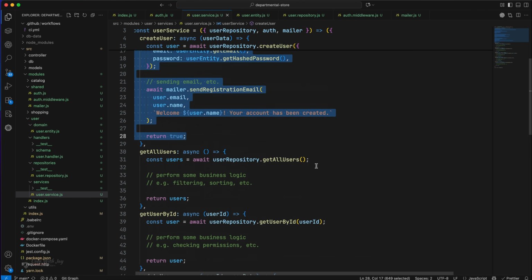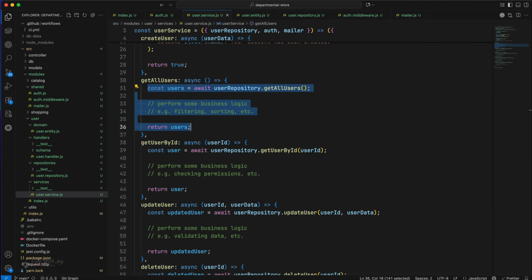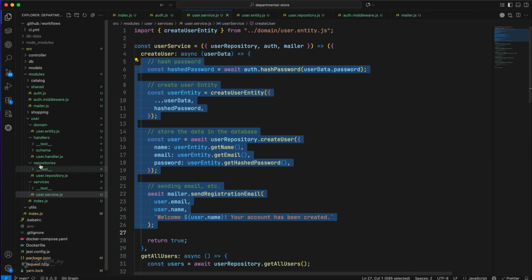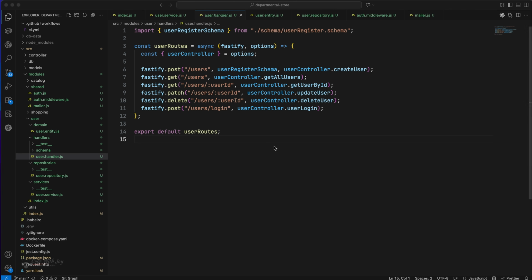So now let's go to our get all users. This is also going to be a similar kind of thing we can do. But as of now, this function is handled, so let's hook it up with our handler. Once our handler setup is done, we can come back and hook up the rest of the functions together. So here in the handler, it's really lean. We can see we have our validation schema, and we have our tied up functions,